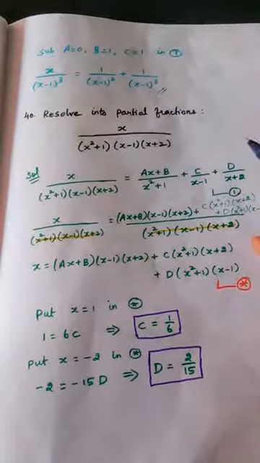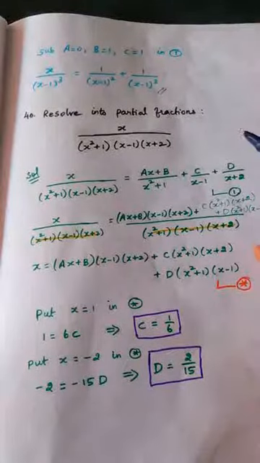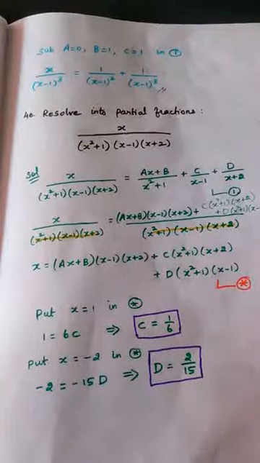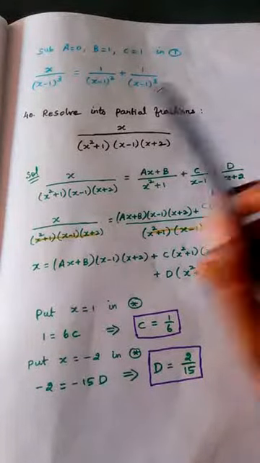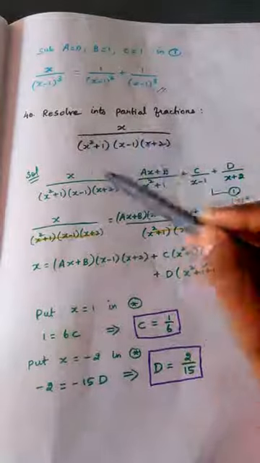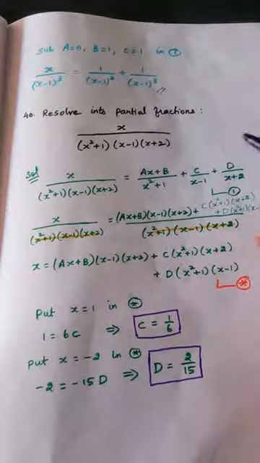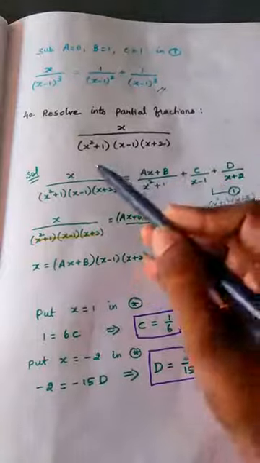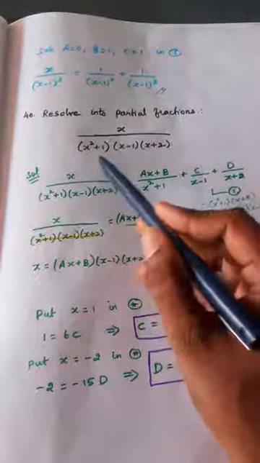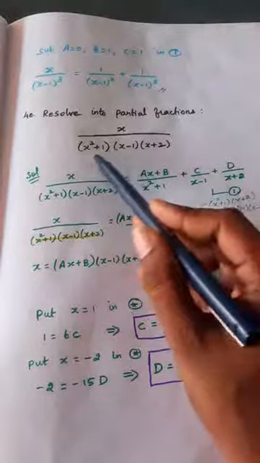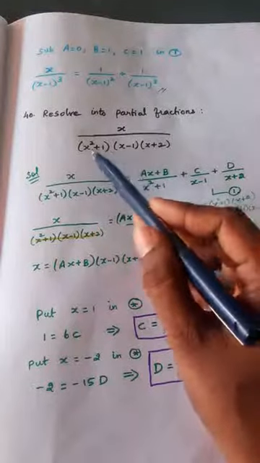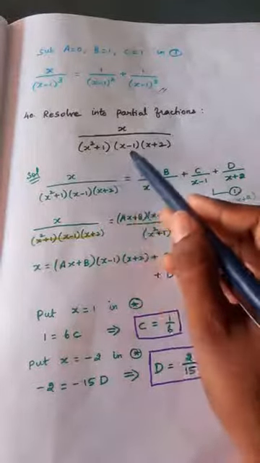So try to understand what is meant by partial fraction. It is nothing but splitting the given expression in terms of factors. So we will go for the next sum. Problem number 40. Resolve into partial fractions. Again, one question was given. And here we should note this carefully. X square plus 1. This cannot be split and written. You cannot factorize this.